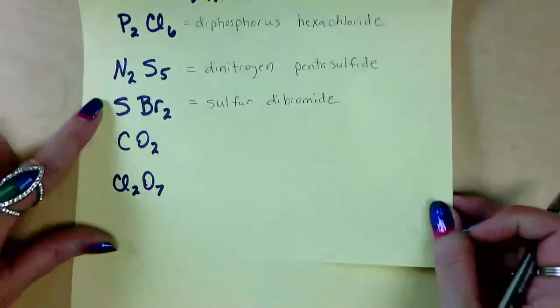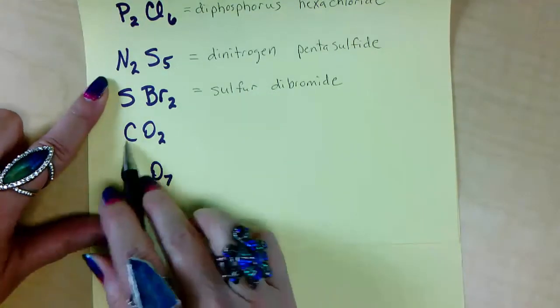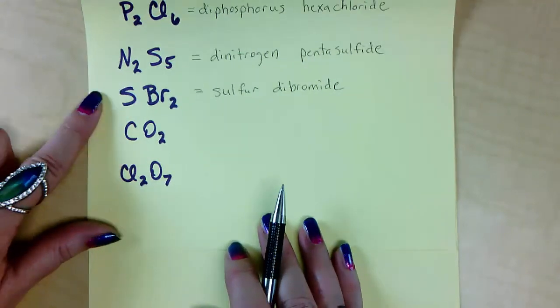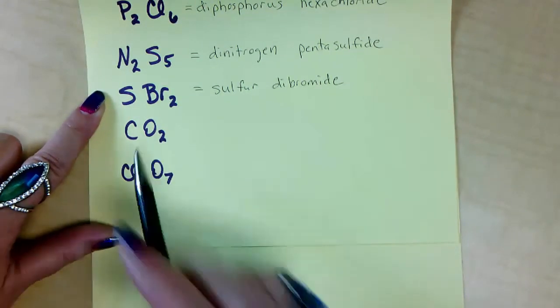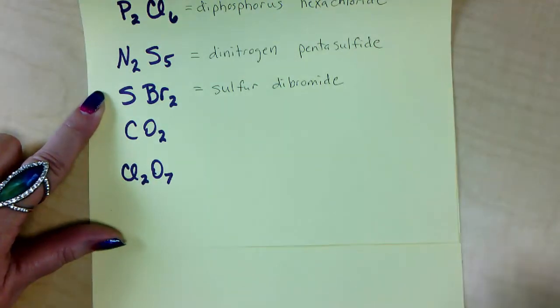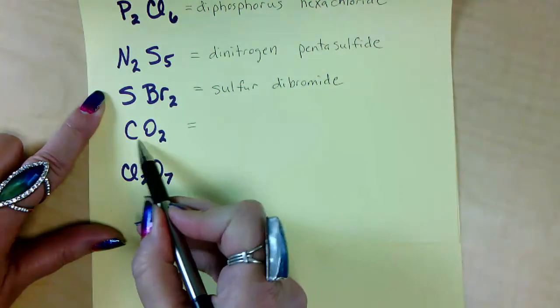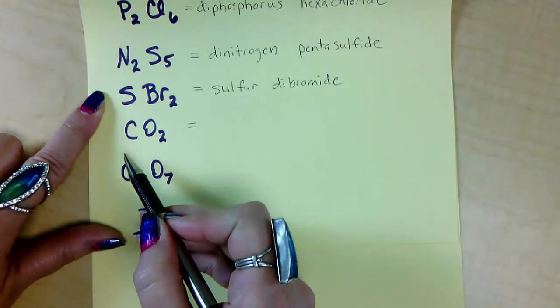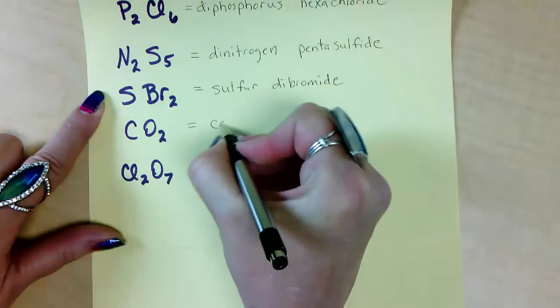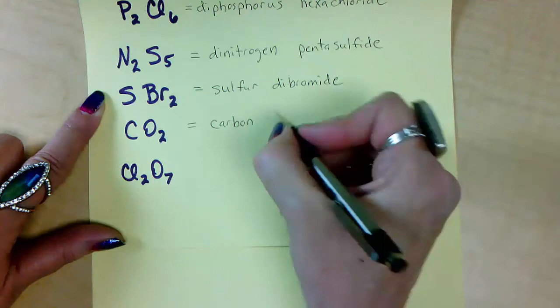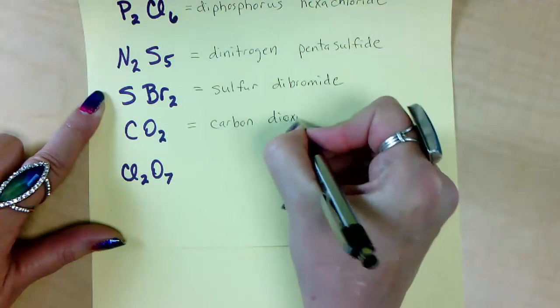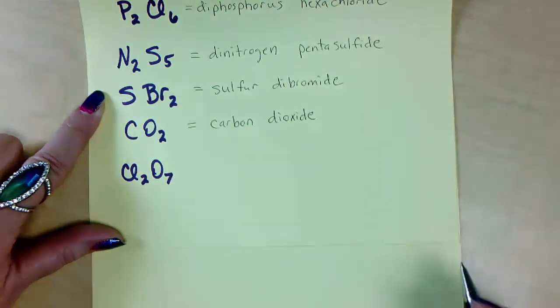Okay, next one. CO2. That's something we talk about all the time. It's a greenhouse gas. We're increasing it. It's making our world warmer. Overall average temperatures are going up because of CO2. Very important gas. And so there's one C. What is C? Excellent. Carbon. We don't start with mono, so carbon. And then 2 O's. Dioxide. Very good. Carbon dioxide.